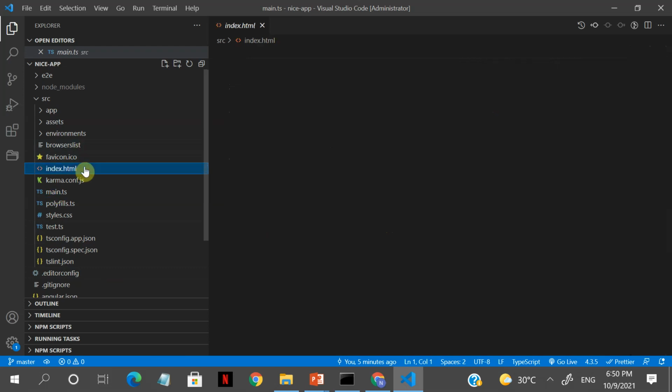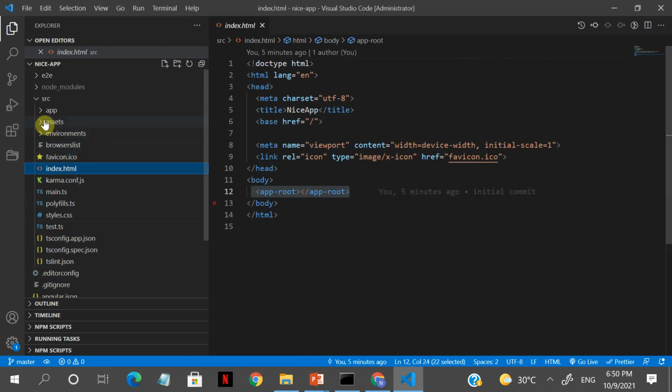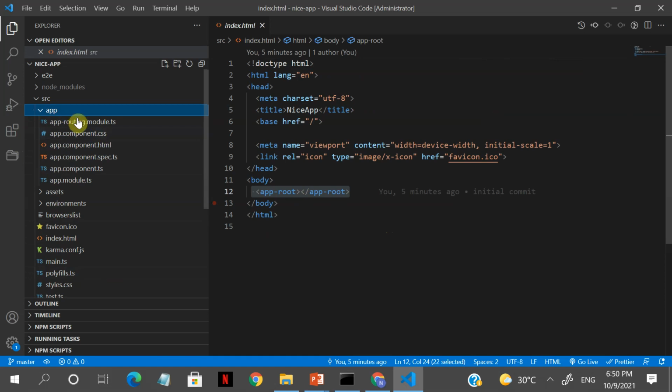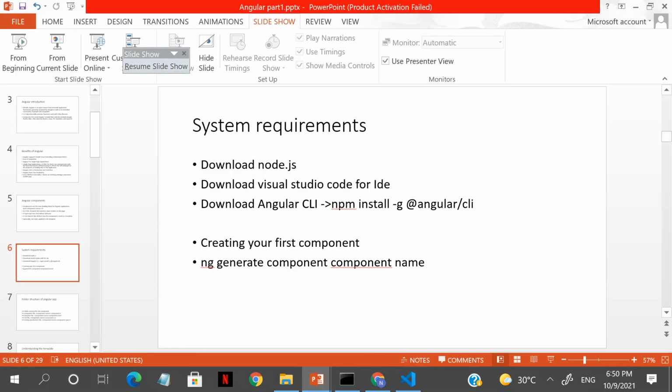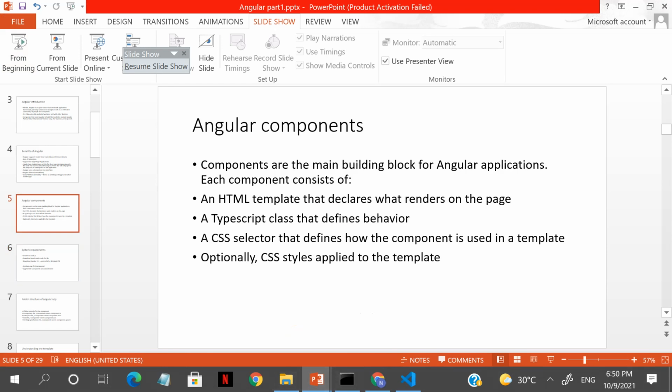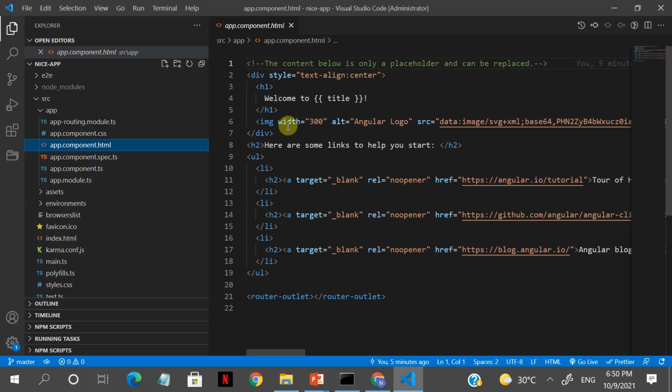And to find out where this app-root lies, let's go into this app folder. As I told you, these are the four files which are created, the HTML file. Let's take a look at the HTML file. If you see here, this is the basic thing that will get rendered. Correct. So let's go back to the slide. I'll repeat this. If you remember, these are the basic things that you need to know. Okay, then we go ahead. So this HTML is what will be rendered. Here are some links to get you started. This is a default CLI skeletal one, okay, which gives you a basic HTML template.